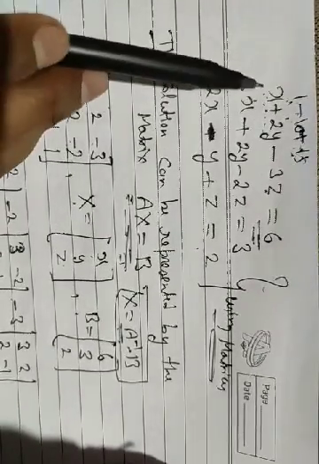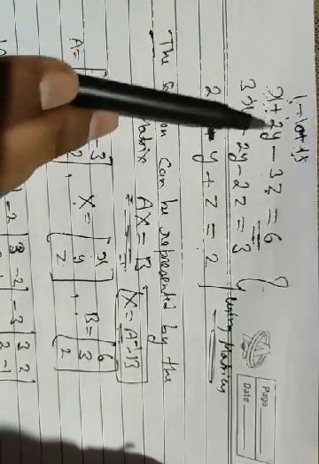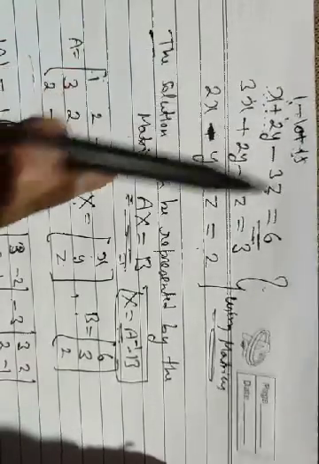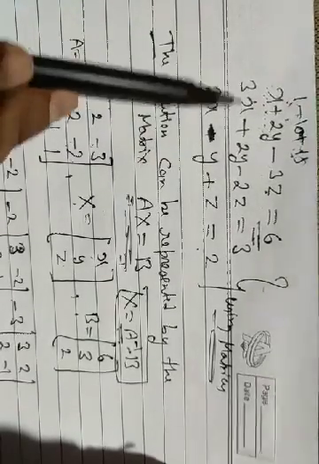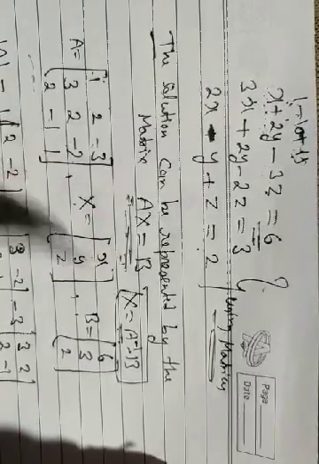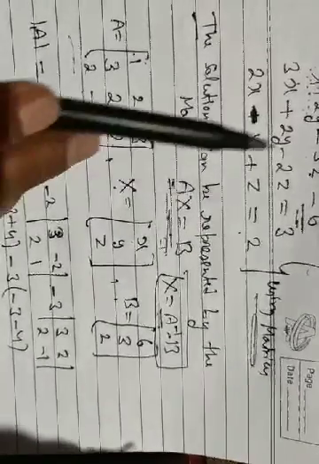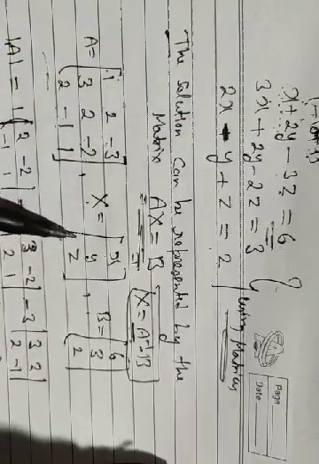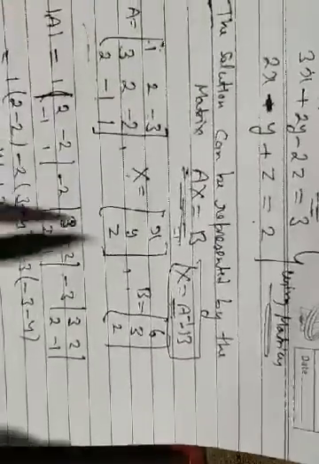How do we form A? We form A by writing down the coefficients of x, y, z. Here 1, 2, minus 3. Here 3, 2, minus 2. Then 2, minus 1, 1. Then x is the variables, it consists of variables x, y, z, and the matrix b we formed by the constant values 6, 3, 2. Then to get the solution x equal to A inverse dot b, we have to find